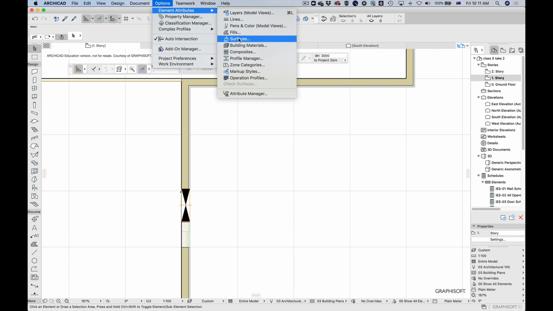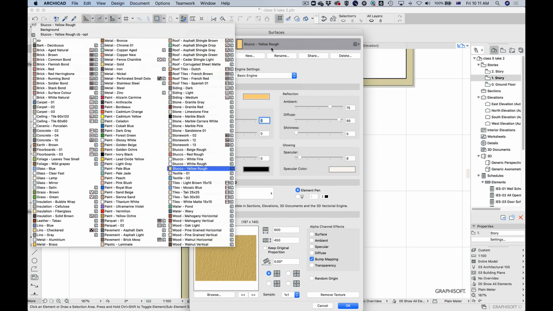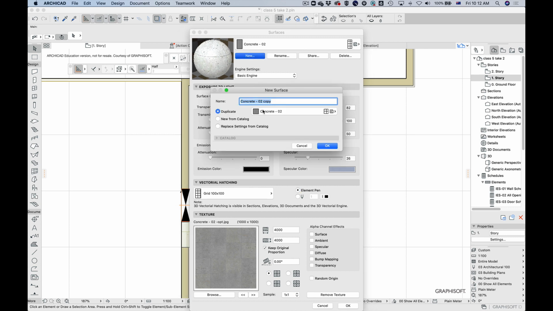So anyway, we've got fills and surfaces. So let's have a look at surfaces first, because that's a lot more fun. Okay, so let's say I want to make my own orange concrete. So what I can do is go to concrete. Okay, so here's concrete. That all looks cool. Let's duplicate it. So we're going to go new. It's going to duplicate concrete. Cool. And we're going to call it orange